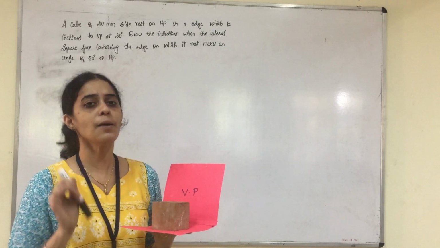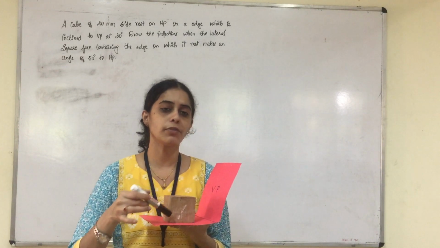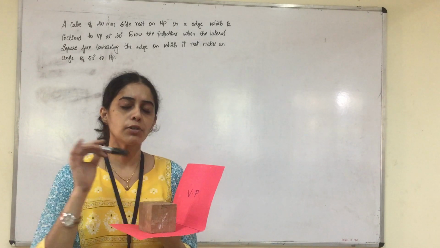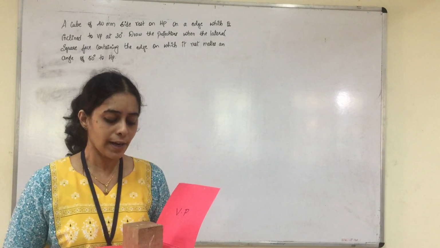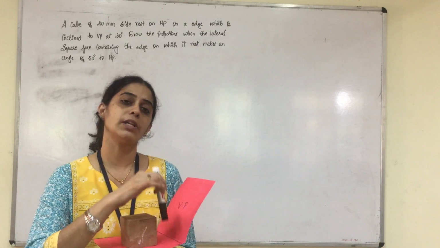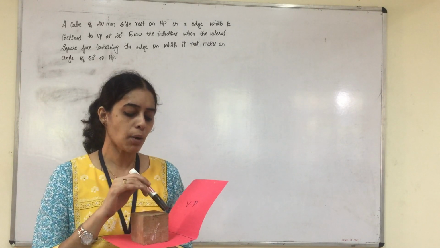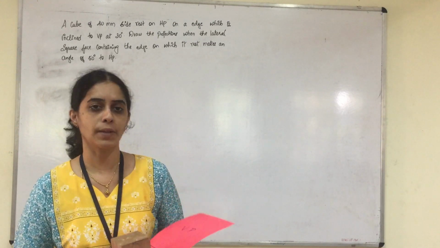So we will be showing the axis line. So in case of cube, when it is resting on one of its edge, the top view also looks like a square and the front view also looks like a square. Right, so when you view from the top, the top surface will be visible and the bottom surface will not be visible. So write the top surface naming outside the bracket and bottom surface naming within the bracket.